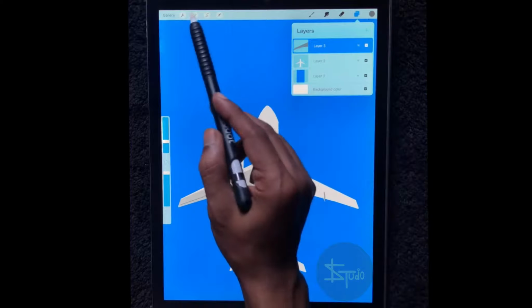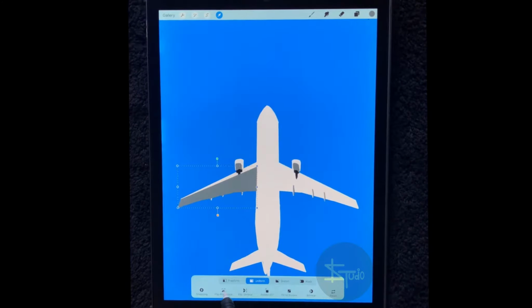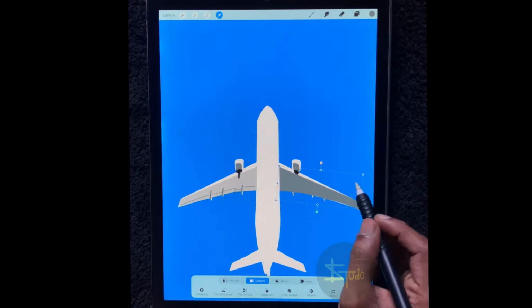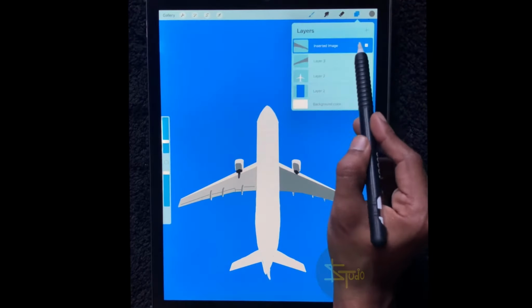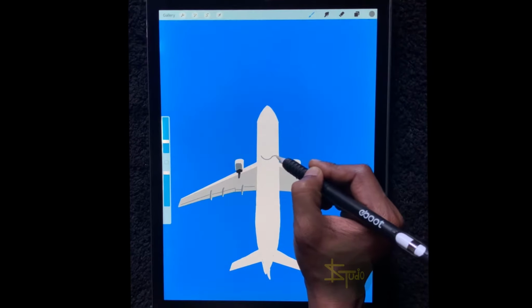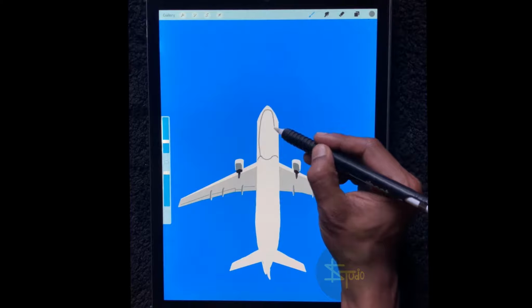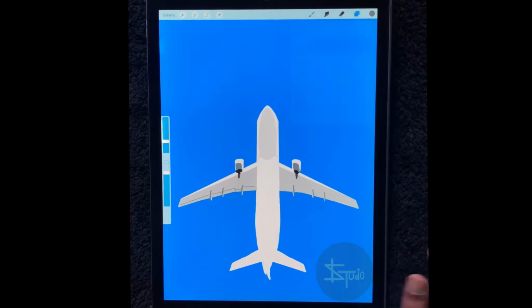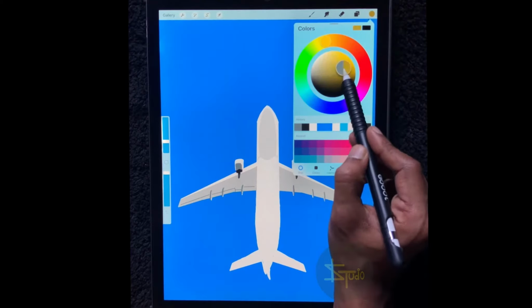So there are a few techniques, and for layers just remember, for every drawing or every portion use another layer, like in Photoshop. So you can customize every layer, like you can change the color, you can change the opacity, and whatever you want to do with your layer you can do.